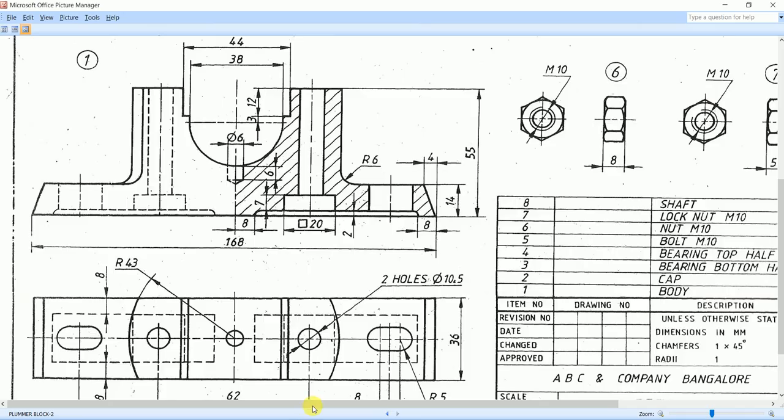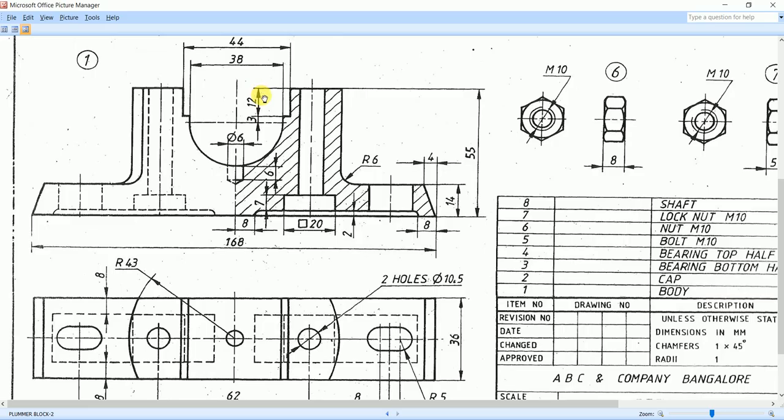So from this top face here, what is the total depth we need to give, that I am going to calculate now. From the base of this curved face here, the depth of the hole is 6. We know that the distance from here to here is 38. Therefore, the distance from the base of the curved surface to here should be how much? 38 by 2, that is 19. Then from here to here it is 3, here to here it is 12. So therefore 19 plus 3,